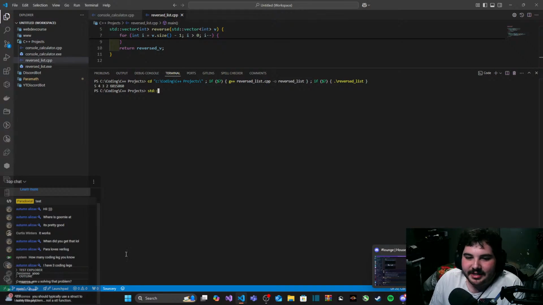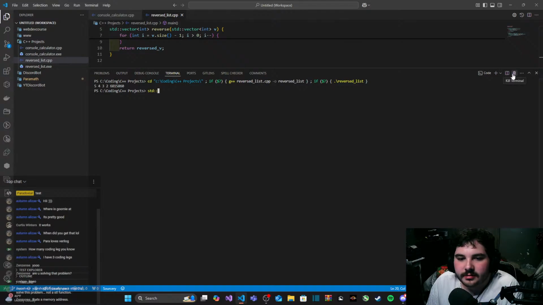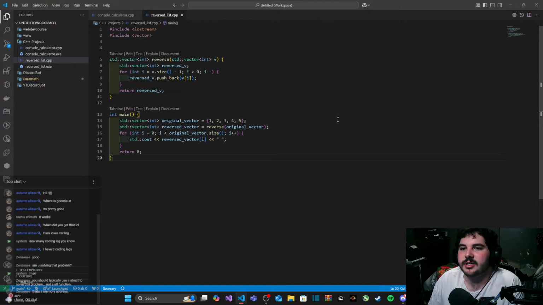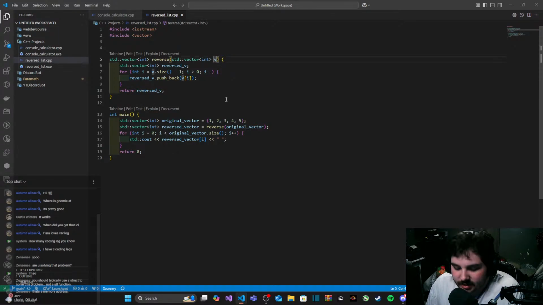You should typically use a struct to solve this problem, not an STL function. That's a memory address. Oh, okay, that makes sense. Use a struct. Actually, I forgot. I do need to take a look at structs in this and learn how to use those. So, wait.